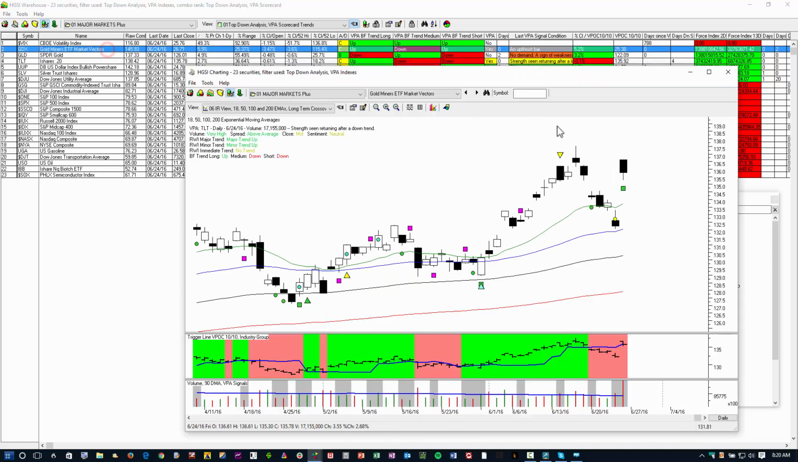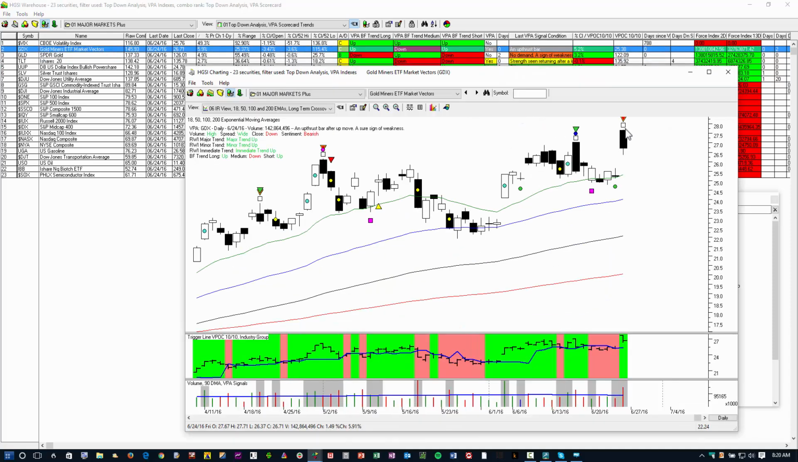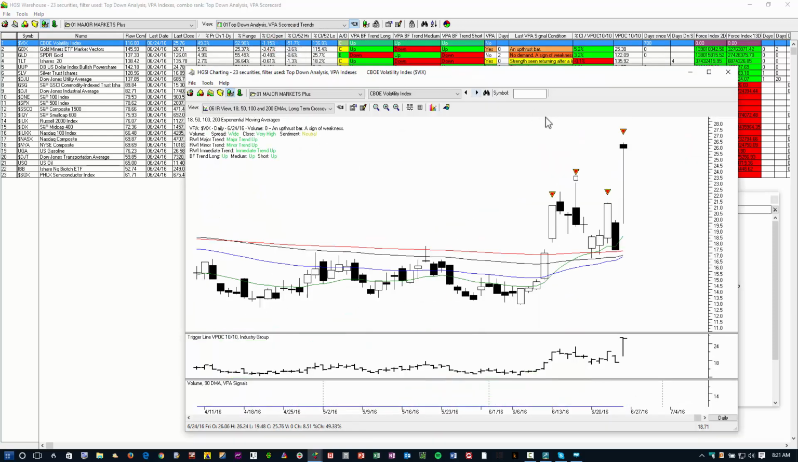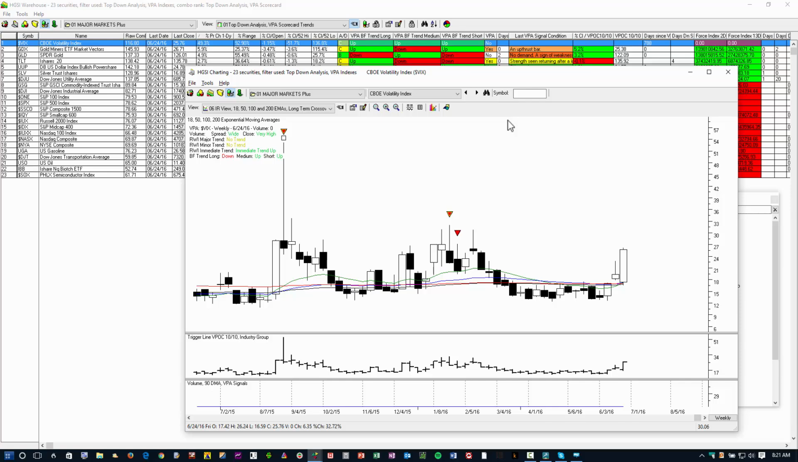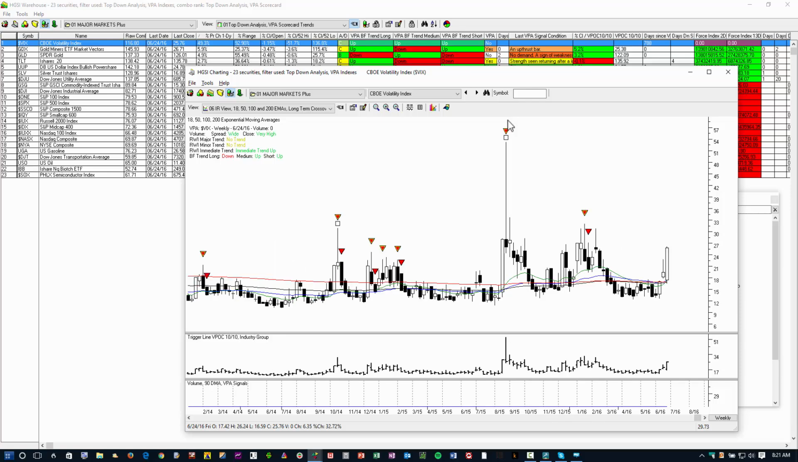Now let's look at the gold miners. You can see very similar situation. In fact, there are bearish VPA flags on this. Even though the VPOC 1010 turned positive, it opened here and closed down near its low. Now let's take a look at the VIX. Let's put this in perspective. I'll do a weekly, and I'll zoom in, and you can see that back in August of